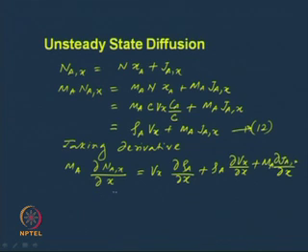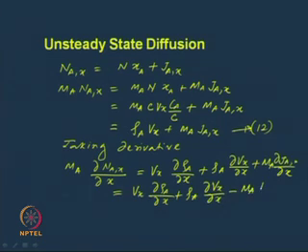So, we can write this will be equal to Vx ∂ρA/∂x plus ρA ∂Vx/∂x minus MA DAB ∂²CA/∂x². Then, if we substitute this equation in equation number 7.1,